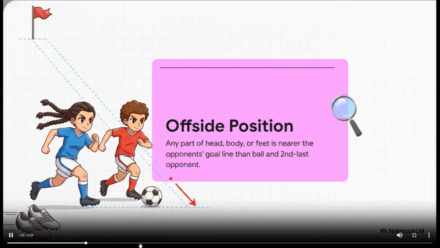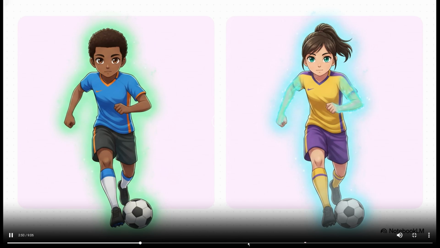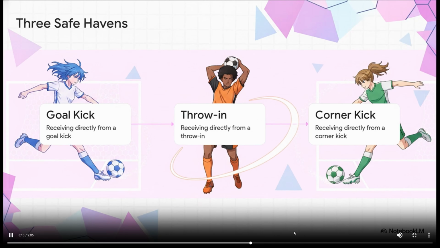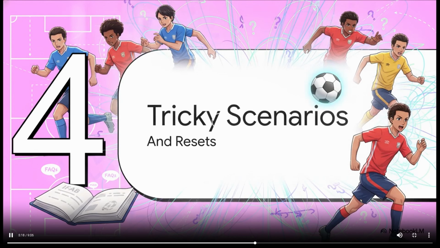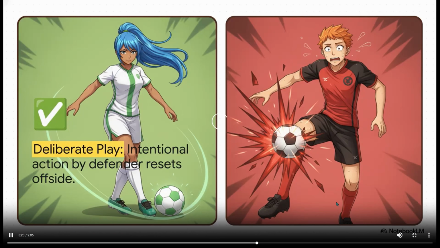Anything to do with the goalkeeper, we've got to strip this. FIFA specifically clarifies that for the purposes of offside, the goalkeeper's throw comes straight to you. You are perfectly legal to play it. It's a hugely vital tactical exception that teams use to stretch the field. And finally, Section 4, tricky scenarios and resets. Let's move to Garrick and see how this builds our understanding by testing our foundational knowledge against some of the